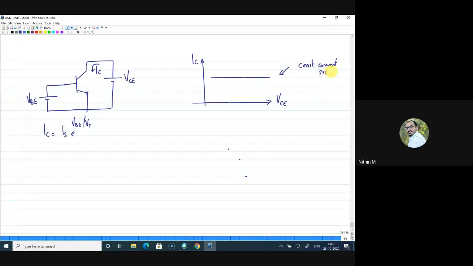Right, this was our initial point of discussion, and based on this we have drawn a model. If you remember, we drew that model as the large signal model of the BJT here. So this is collector, this is base, and this is emitter, and we marked this as IS into e to the power of VBE by VT. Right, a large signal current can be expressed in that form. Now we are looking at a very practical scenario.